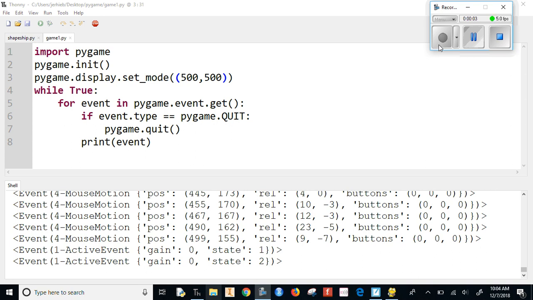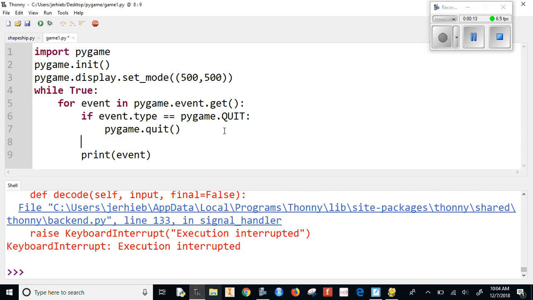Hello. Now we want to start drawing something. And we're going to start with something basic, a rectangle. And so to draw a rectangle, we're going to actually get out of here for a second. We don't want to print event anymore. We want to do